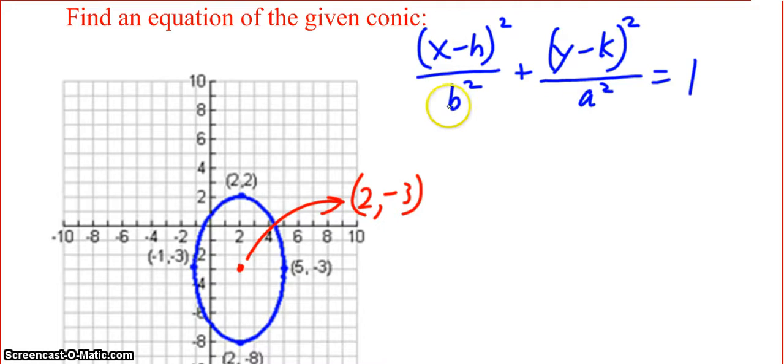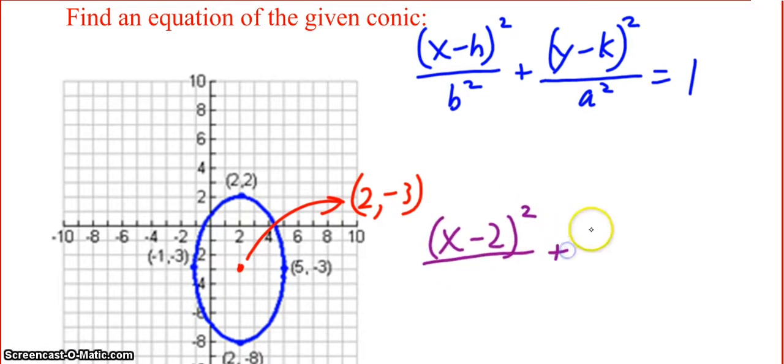Again, don't focus so much on what is a and what is b. Think more about what is the distance from the center up and what is the distance from the center to the right. Those are going to be the numbers that go under the y squared and under the x squared term respectively. So in this case, I know that I have x minus 2 squared plus y plus 3 squared